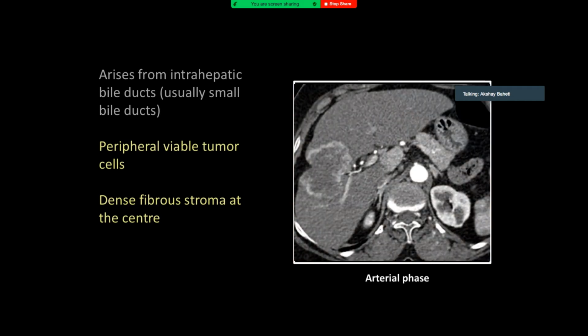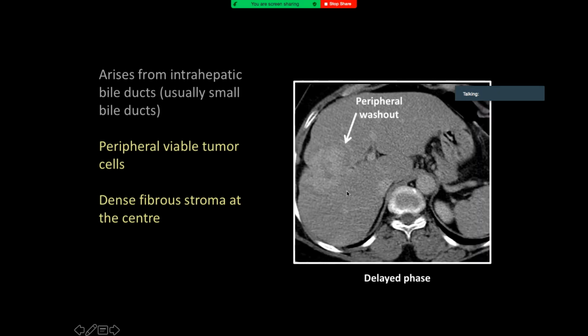Okay. Yeah, so that is why you see this peripheral enhancement, right? So this is the arterial phase, late arterial phase, and you see this peripheral enhancement, right? And then you do a delayed and you see this filling in. You can see the filling in? It's projecting, right? Right, so that's filling in. And what happens to the periphery? It sort of washes out, right? So you see the peripheral washout? So it's called peripheral washout sign.